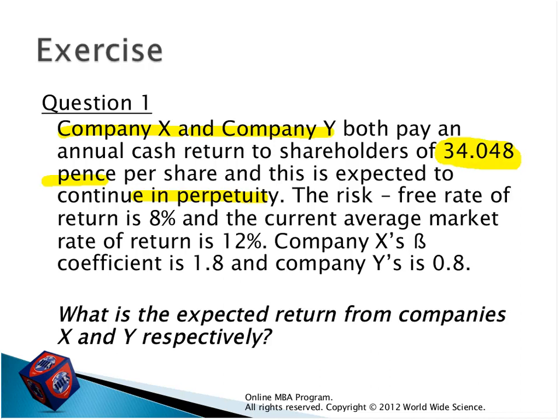And the risk-free rate of return is 8%, and the current average market rate is 12%. The company X beta coefficient is 1.8 and the company Y's is 0.8. So what is the expected return from companies X and Y respectively? That means we have to find how much the two companies receive in returns